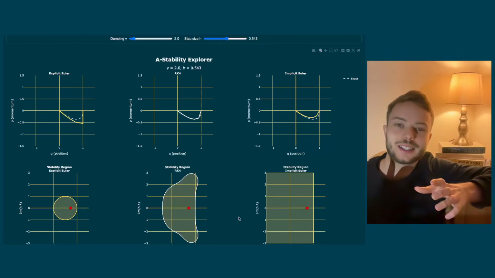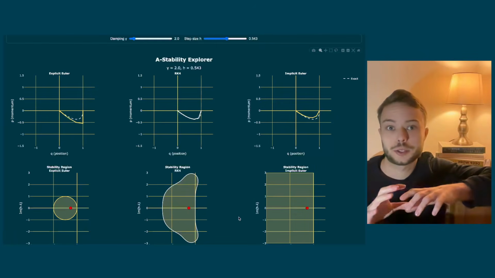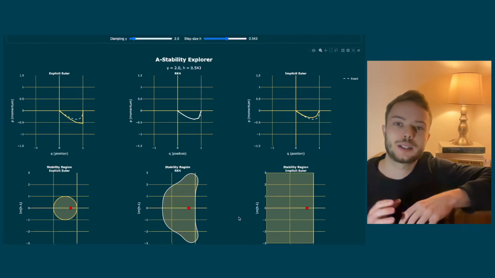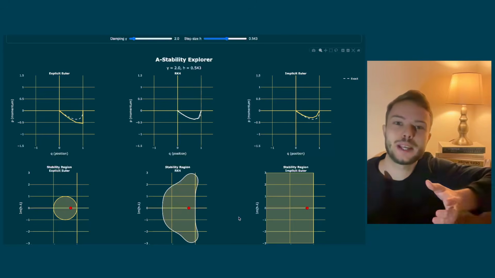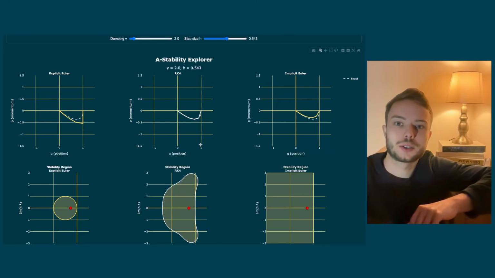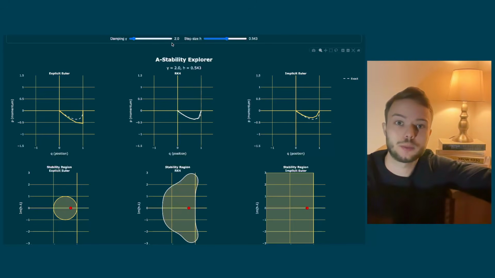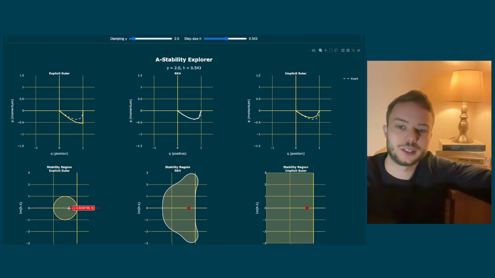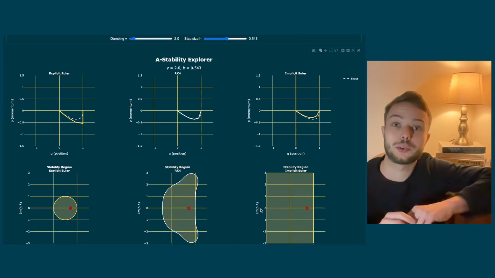I created an interactive plot which allows us now to explore how h and gamma relate with the good or bad behavior of the three methods we have introduced. So you can see first of all that with gamma equal 2, which is the critical value we identified in the previous slide, we have that this point here, which is the same in all the three plots,